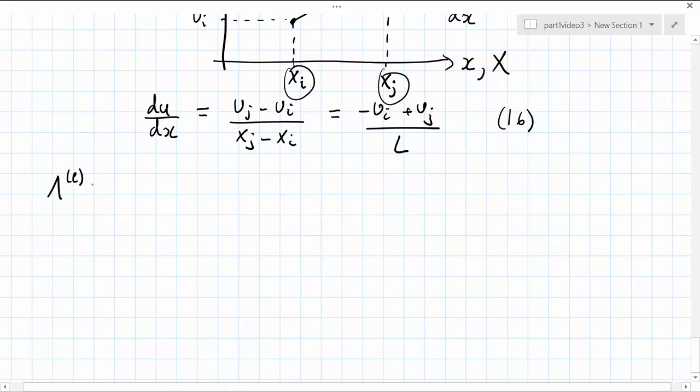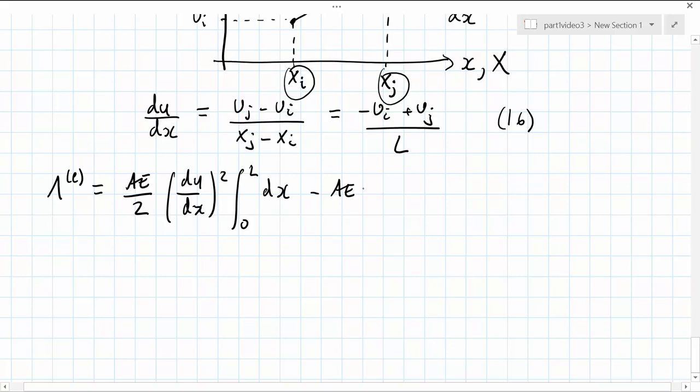Lambda e is equal to Ae over 2 times du by dx squared times our integral from 0 to L with respect to dx,